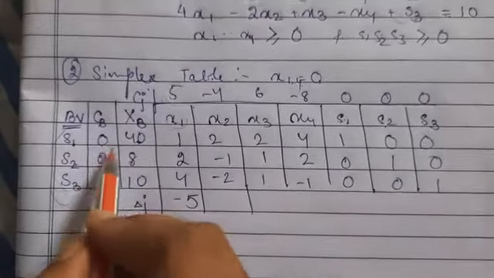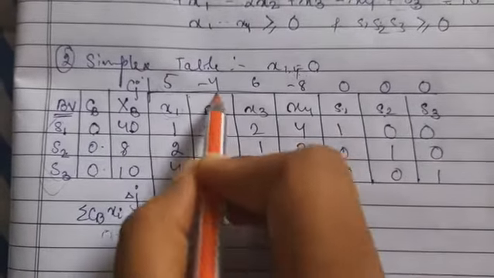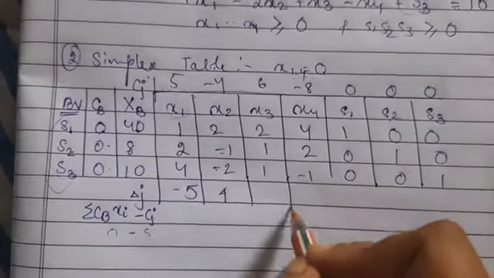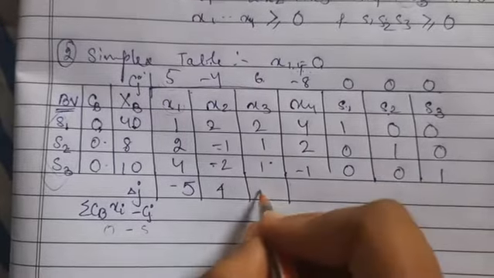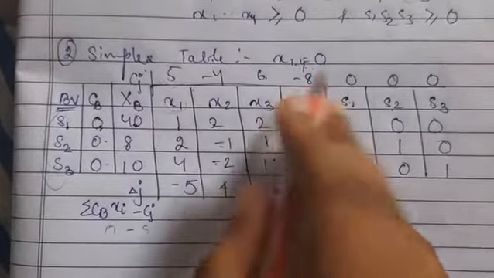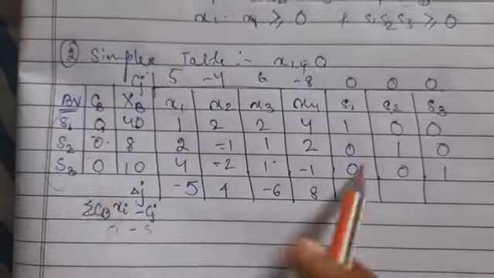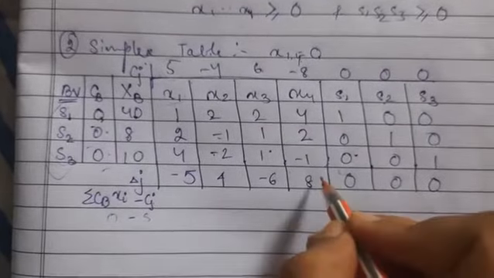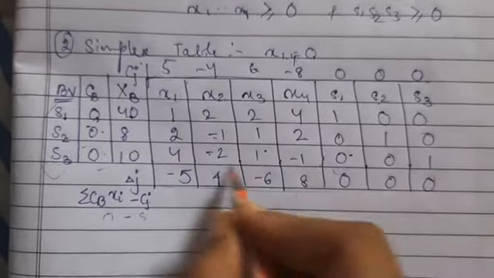Similarly, these all will sum to 0, then -4 minus -4, which will give me +4. Then here again everything to 0, -6 is -6. Here again everything is 0, minus -8 is +8. Then everything is 0 minus 0, 0, 0, 0. Now we can see these are the values of del j.